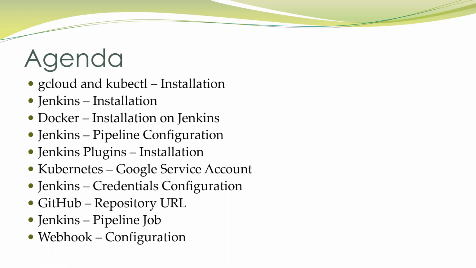For this activity we need to install some Jenkins plugins. After that, we need to copy the Google service account private key from Kubernetes, which will be used in the credential configuration in Jenkins. We will use it for the connection from Jenkins to the